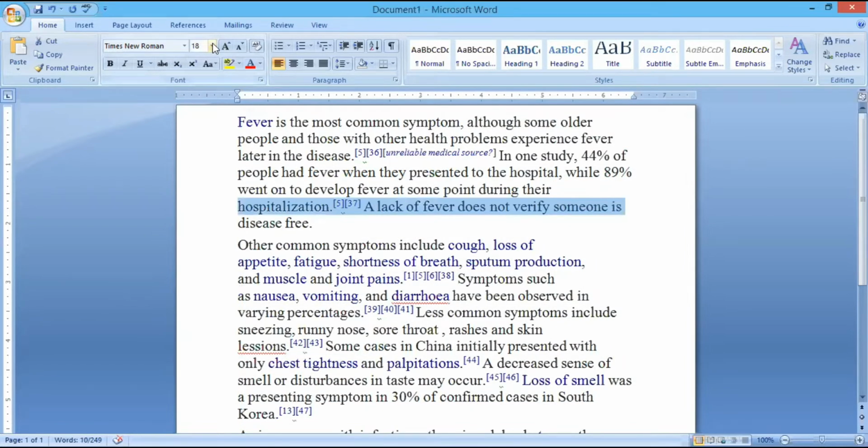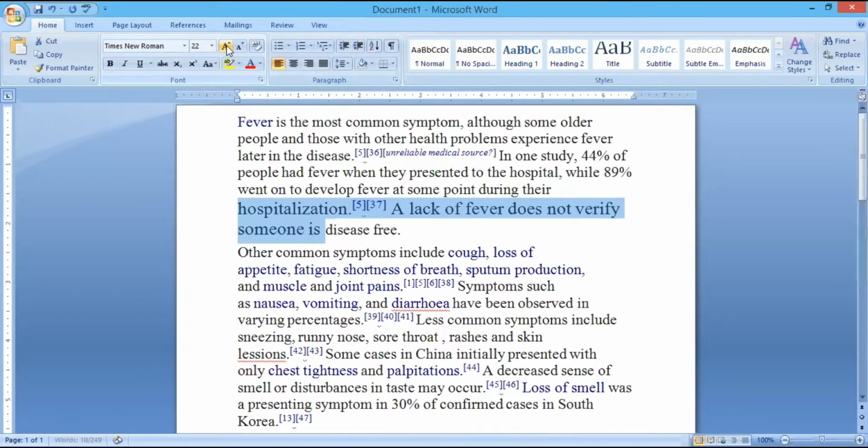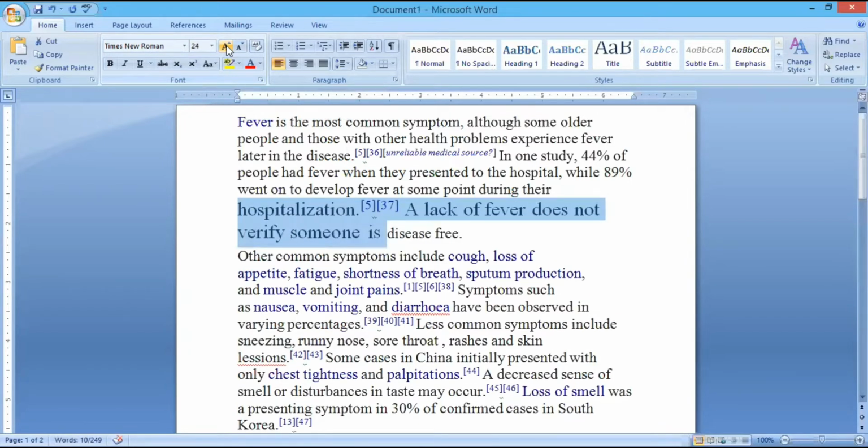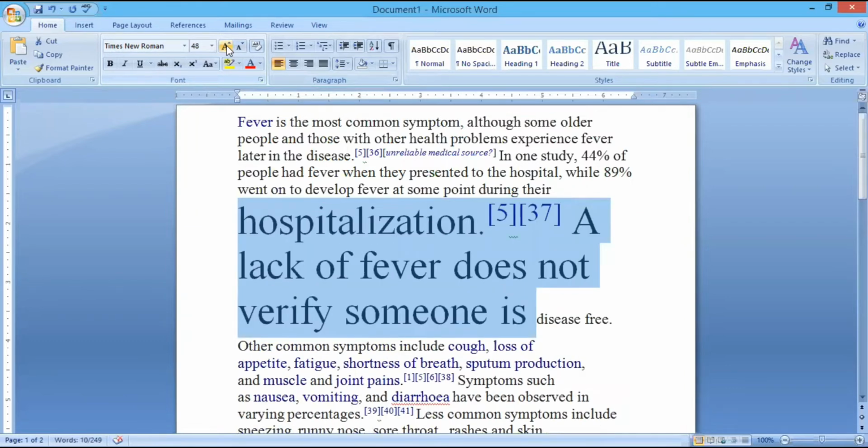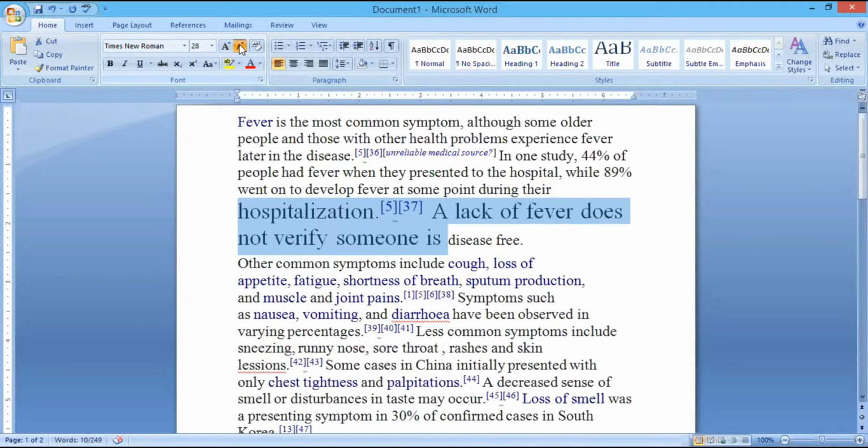Okay, now without clicking on the size, I just want to increase the size of the font. In that case, I can click on this grow font icon. Alternatively, this can also be done by pressing Control and the greater than symbol on your keyboard. See, I'm pressing the keys on the keyboard. In the same way, to reduce the size, I'm clicking on the shrink font.